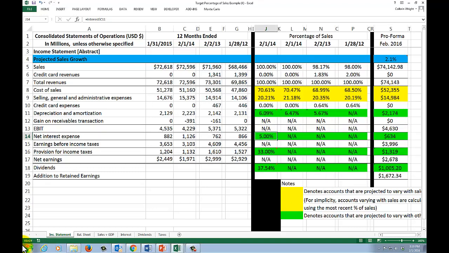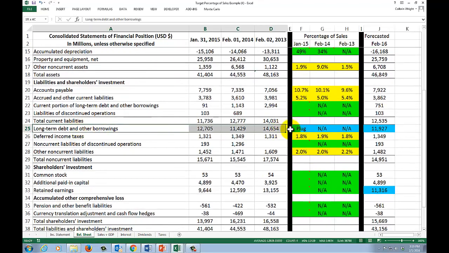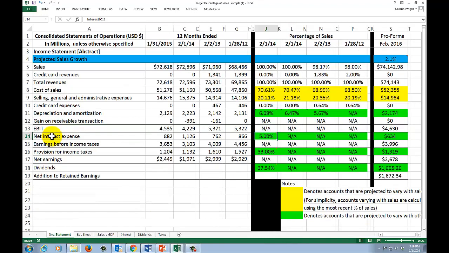For my net interest expense, we run into a little bit of a problem here because it gets a little bit circular, but let me tell you my reasoning as to how we're going to estimate interest expense. What we're going to do is figure out what is the average interest rate on all of our debt, and then estimate what our debt is. Now remember, that's going to be a little bit circular because debt is going to be our plug figure on the balance sheet. But what we're doing theoretically is figuring out an interest rate and applying that against our forecasted debt on the balance sheet.